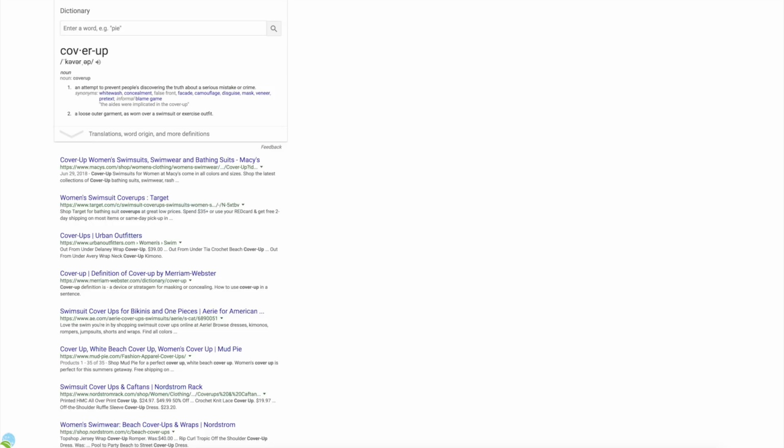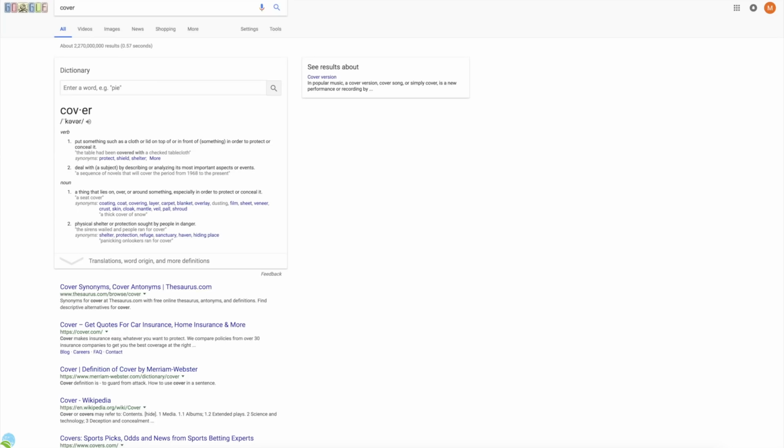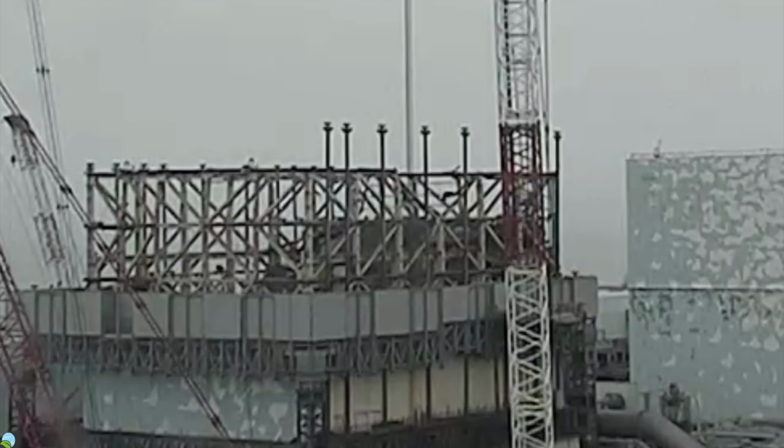And TEPCO is definitely preventing the truth, because what they did is a cover, by putting something such as a cloth or a lid on top of or in front of something in order to protect or to conceal it. Now that's exactly what TEPCO is doing. Now this is the live cam right now